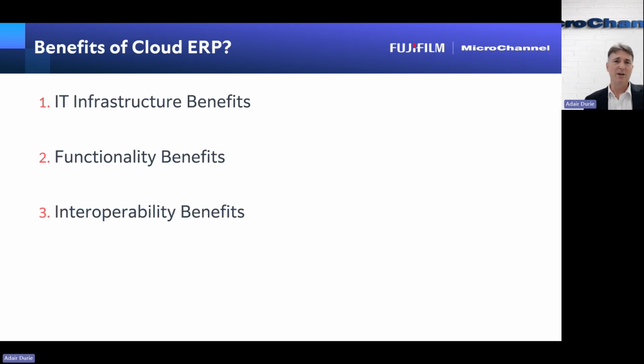So, as I mentioned before, when we go through the benefits of Cloud ERP, we're going to just divide it into 3 areas. The IT benefits, which are significant, we'll spend a fair bit of time on that. We're not going to spend much time on the functional benefits, but I will do a quick demonstration of that. But the interoperability is going to be a large part of today, where your processes and your data can utilize what modern cloud computing today enables. So that's going to be a big part of today.